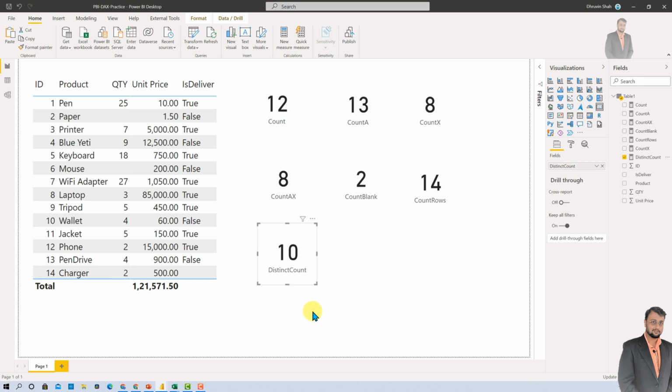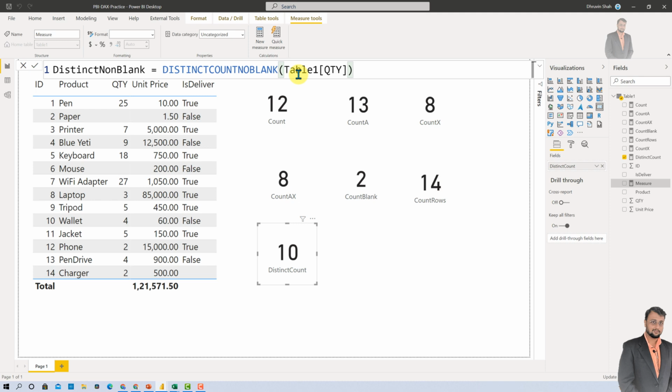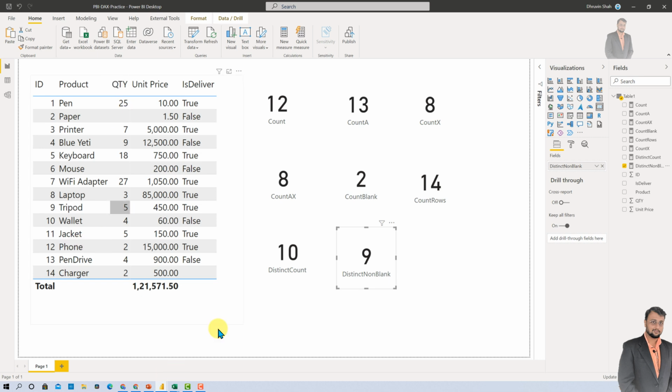Now the requirement is something like you want to exclude blank from here. You only want to count the values that don't have a blank value. So how can I find that distinct count? For that you need to use the DISTINCTCOUNTNOBLANK function. So let's see that measure. You need to use the function DISTINCTCOUNTNOBLANK, inside that provide your column, and just hit enter and let's see the outcome. This will give you the result as 9, because the distinct count was 10, but inside that one blank value was included, and it is removed now. And here we are, right?